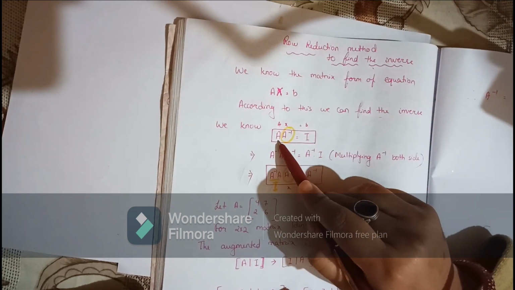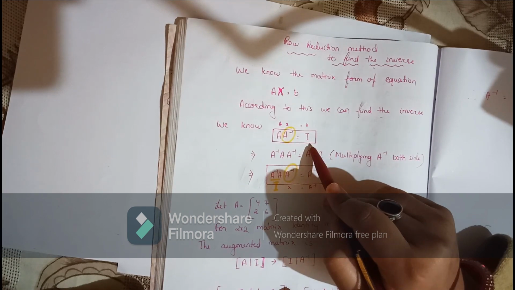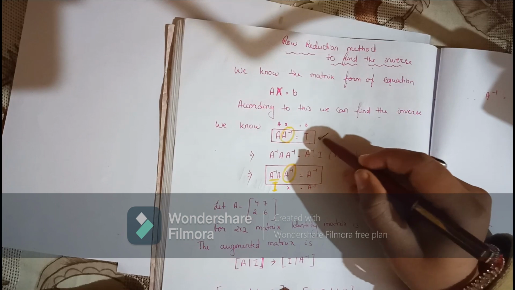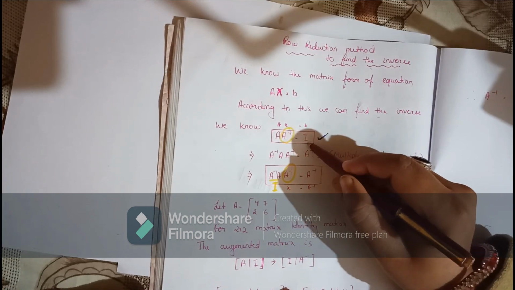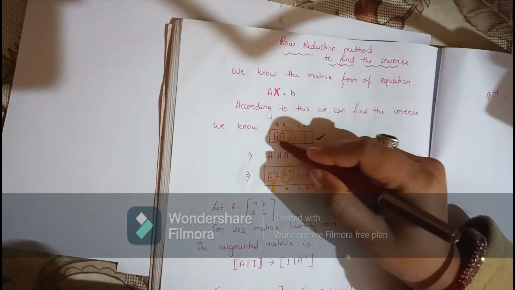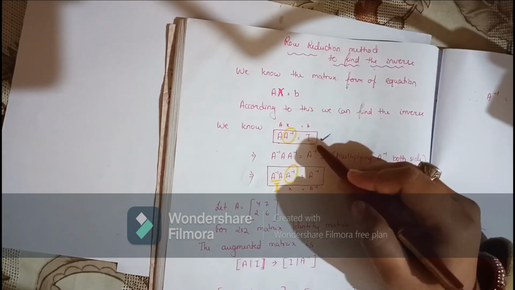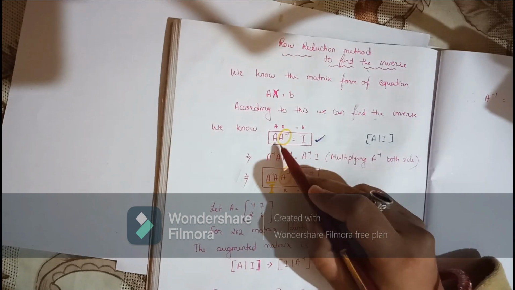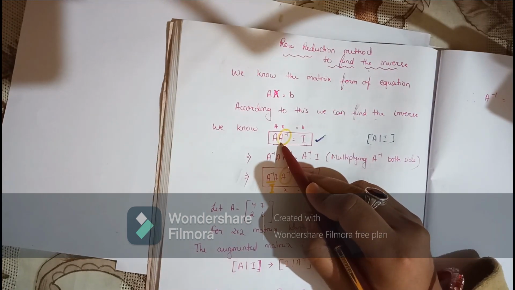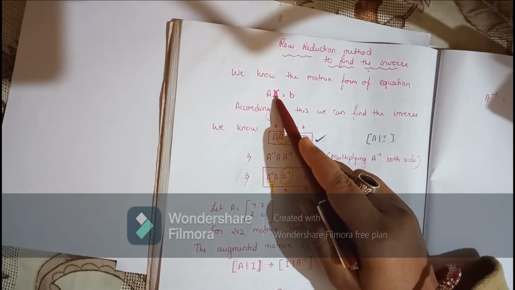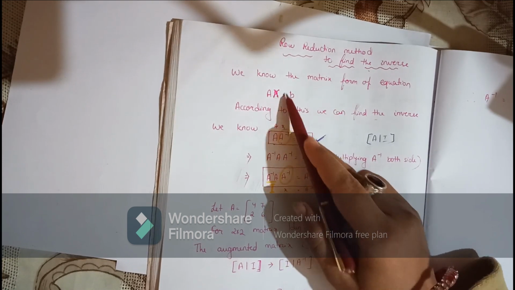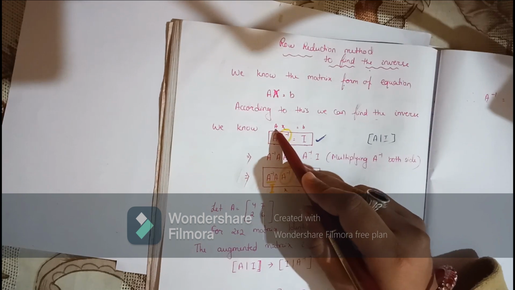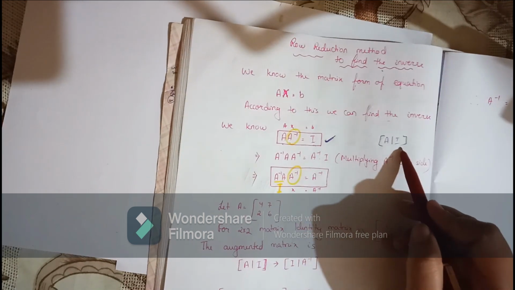How? Because we know that A multiplied by A inverse gives us the identity matrix, right? We know this form. So if we want to augment this matrix, we write A on the left-hand side and I on the right-hand side. We will keep A inverse as we were keeping X, so we just consider X as the unknown. So I can augment like this.